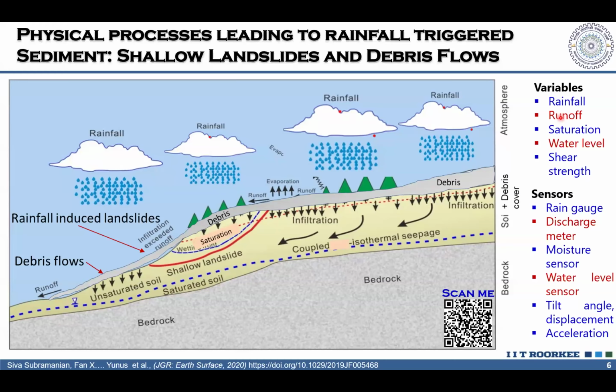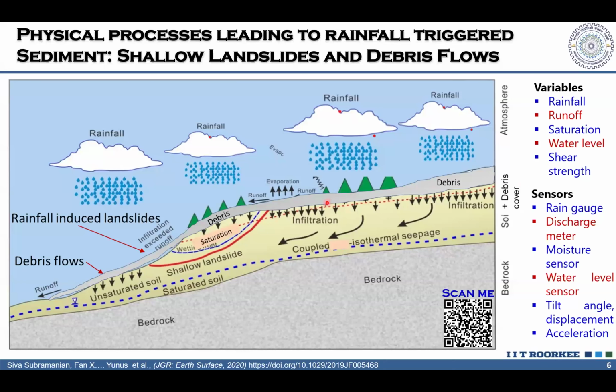So if these variables are sensed, or if we can develop some index of variables like rainfall and saturation, something like a number which tells us over a larger region what the situation of the variables is going to be in the coming hours, then we can actually use them in an early warning system. That's why we are trying to further narrow down the processes for specific hill slopes in the Himalayas.